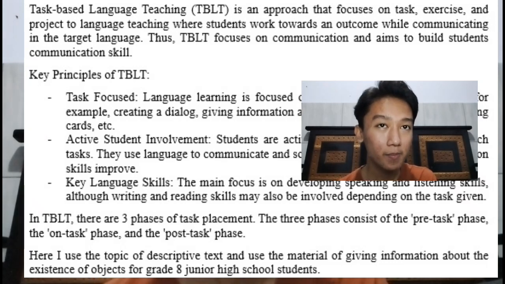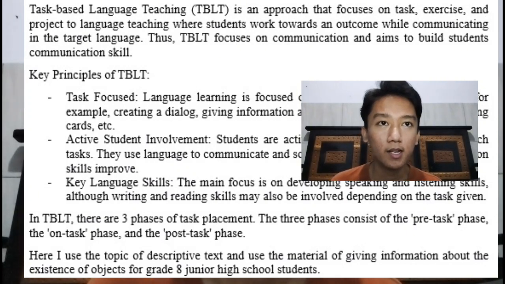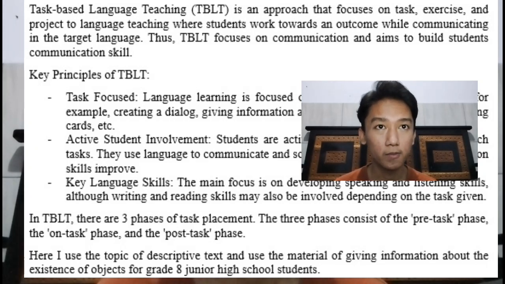Next is key principles of TBLT. 1. Task focus. Language learning is focused on tasks that have specific goals. For example, creating a dialogue, giving information about the existence of an object, a greeting card, and other materials. Number 2 is active students' involvement. TBLT can make students actively involved in accomplishing such tasks. They use language to communicate and solve problems, so their communication